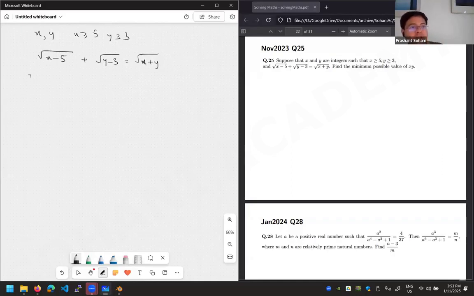On the left hand side, I'm going to get x minus 5 plus y minus 3 plus the middle term. And on the right hand side, just x plus y. And you see, therefore x plus y is going to get cancelled from both sides. And if I just bring this 5 and 3 to the other side, I'm going to get 2 times the square root, equals 8, or in other words,